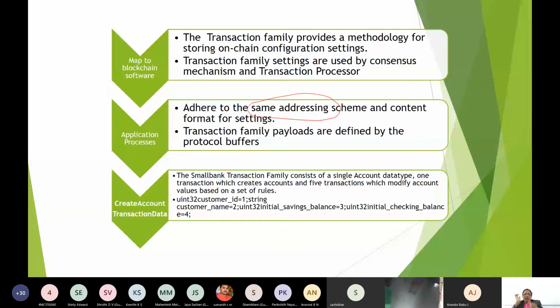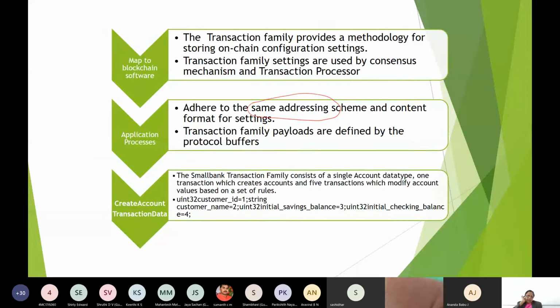In that output, where the data after this one should be written, the address of that is specified. It may be multiple, if there are multiple transactions and multiple contexts. In that case, we have inputs also 1, 2, 3 addresses. Maybe in the output also we are having 1 and 2. It might be 1 and 1 address also. Okay. As I have told you very clearly, the transaction family payloads are defined by the protocol.